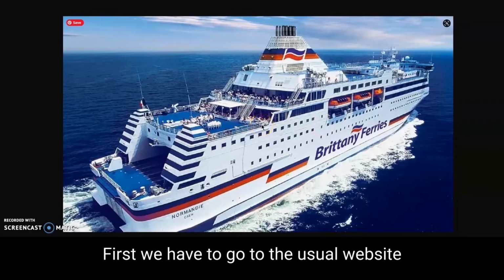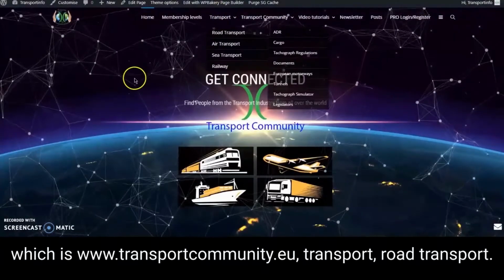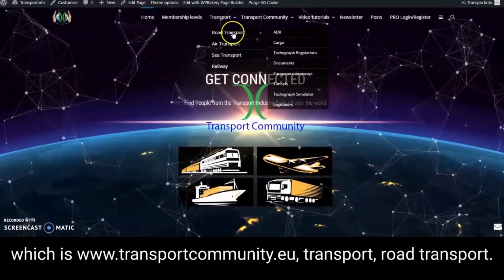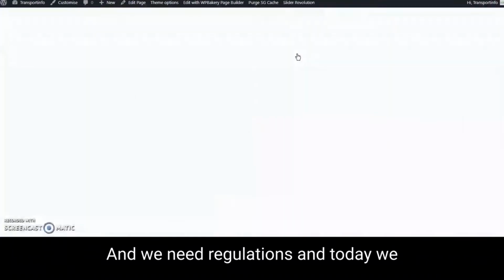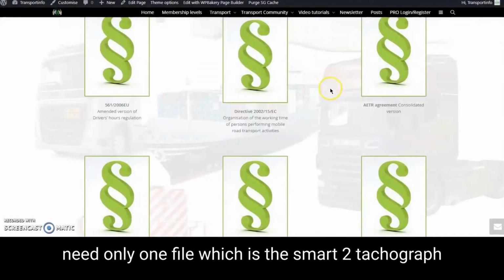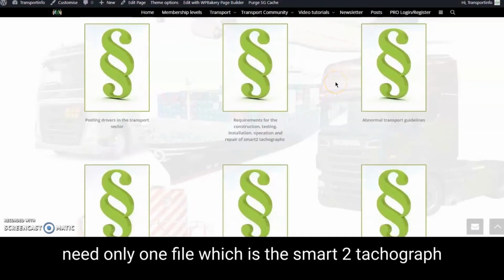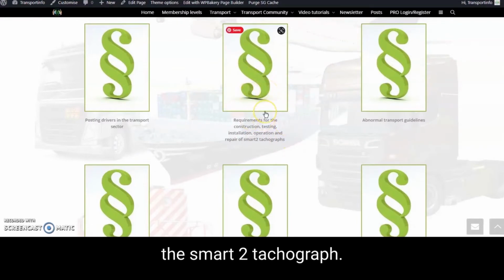First, we have to go to the usual website, which is www.transportcommunity.eu, this way, and then transport, road transport, and we need regulations. And today we need only one file, which is the Smart 2 tachograph. This is the regulation, describes the Smart 2 tachograph,